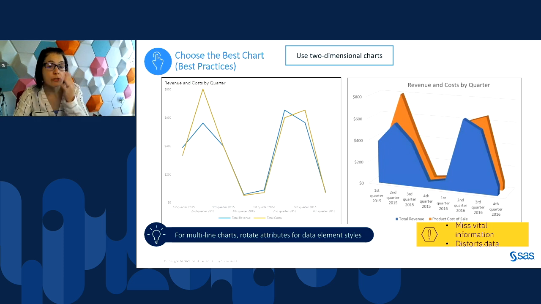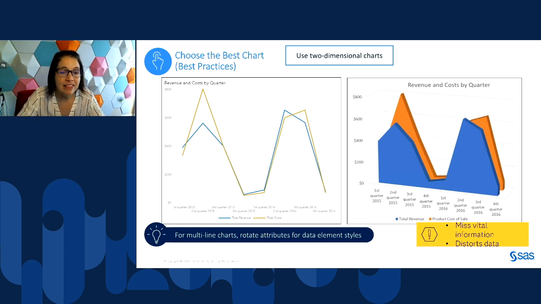You also want to use two-dimensional charts. And this one I don't see as much as I used to, but everybody in the past would really like to see the three-dimensional charts. They add a bit of interest, but it can be very difficult to read the data values. In fact, in visual analytics, you can't even create three-dimensional charts. I had to use Excel to create the don't do this option for this purpose.